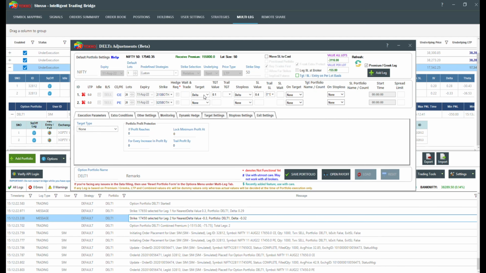Now coming to the combined target area, as we saw that we could define the target and stop loss on the basis of combined premium as well, but now we can even define it on delta value. Let's say I'm saying it 0.1. When it comes to 0.1, I want my target to be hit, and my stop loss would be, let's say,